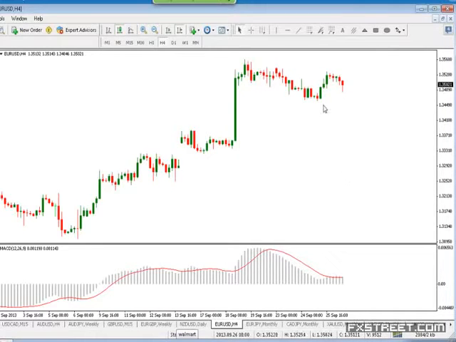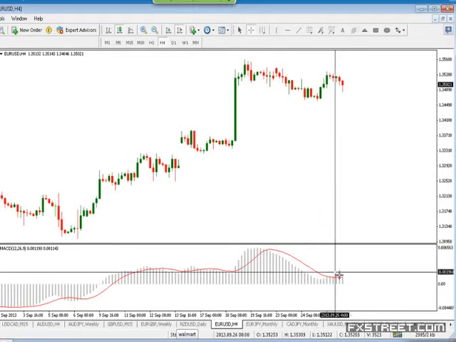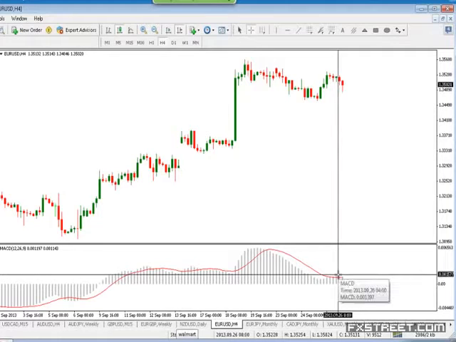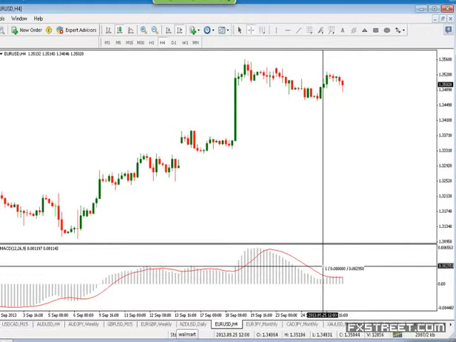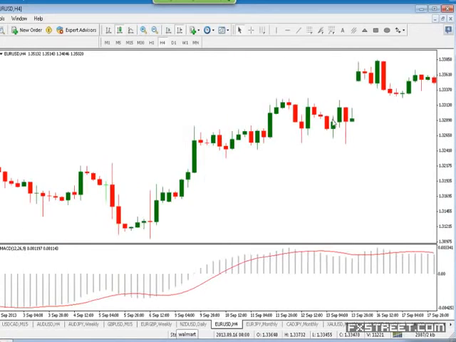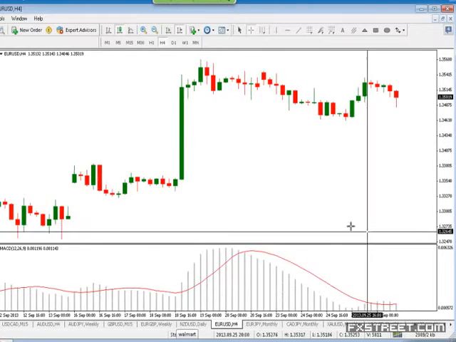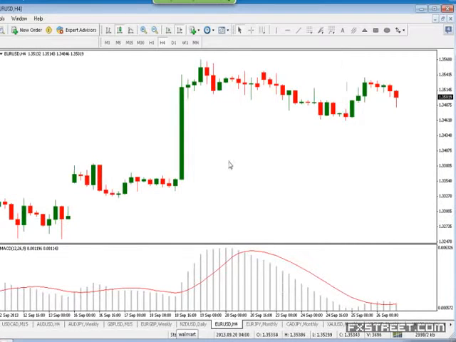Now, do we have a peak and a valley? Yes, we do. So we have this peak, and we can certainly call this the peak. Let's zoom this a little more inside. What is the smallest bar of the histogram over here? I would identify this as the smallest bar of the histogram, this particular bar. Let's plot a line over here, on the smallest bar of the histogram.